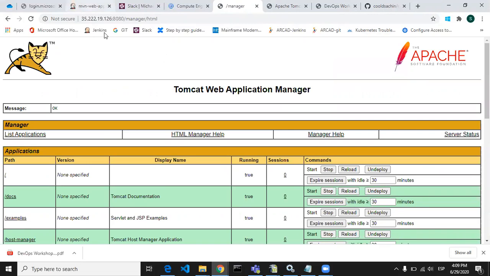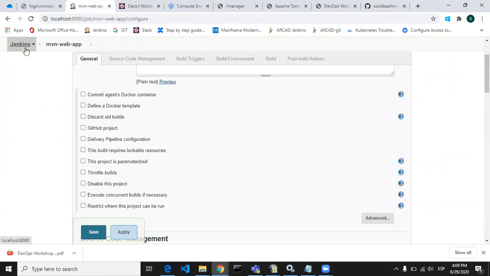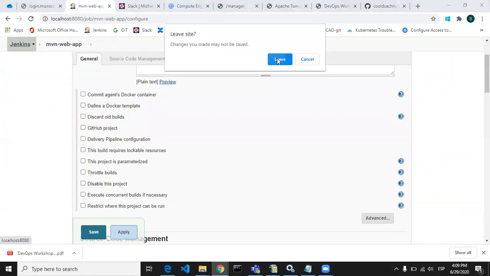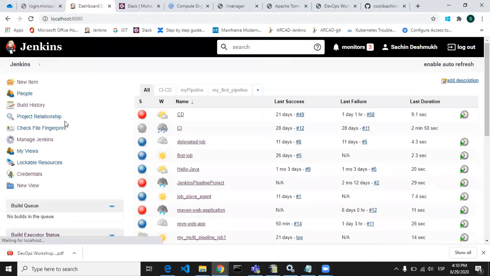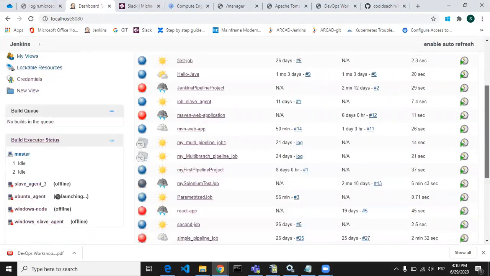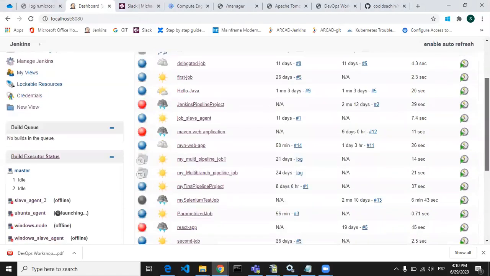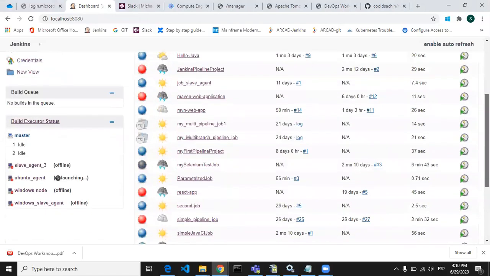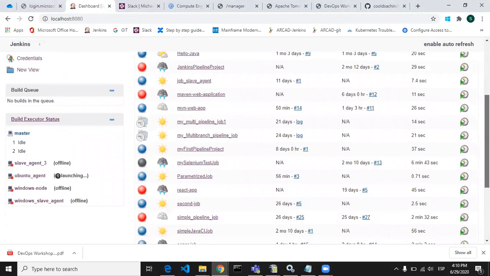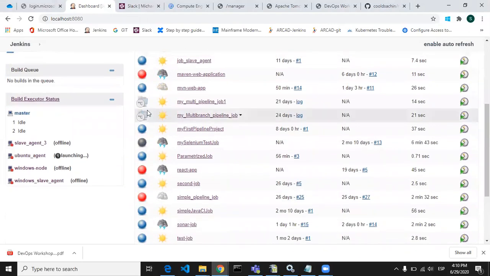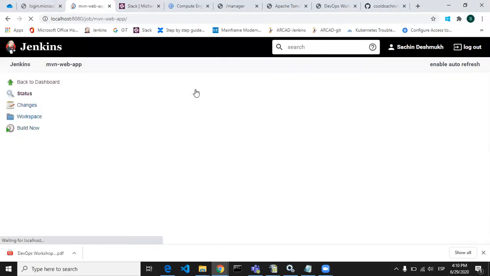Now let's go to Jenkins and create a job which will package your WAR file and deploy it to the Tomcat server. I already created a job for you, Maven web app.